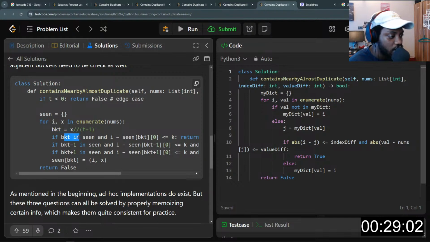Now, if bucket is in sin and i, which is the current index minus sin bucket, sin bucket at 0.